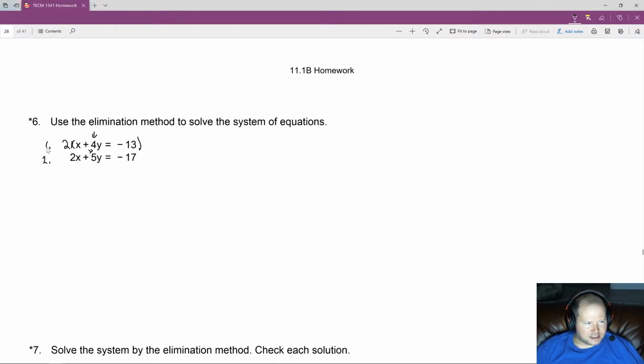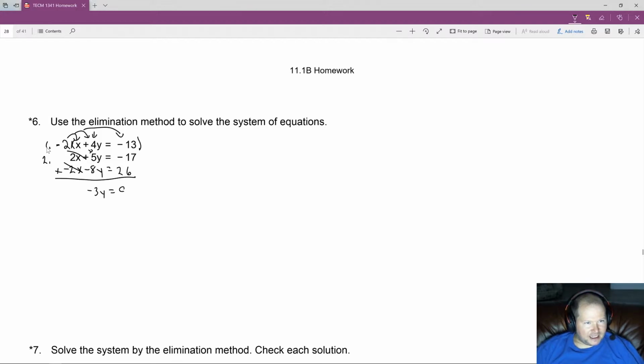Now, both the x's in the top, number 1 and number 2, are both positive. So I need to multiply that by a negative 2 so they have opposite signs when I'm done distributing the negative 2. So now I say negative 2 times x is negative 2x. I say negative 2 times positive 4y, which is a negative 8y. I say negative 2 times negative 13, which gives me a positive 26. I add those together, and I say 2x plus negative 2x cancels, 5y plus negative 8y is negative 3y, and negative 17 plus 26 is going